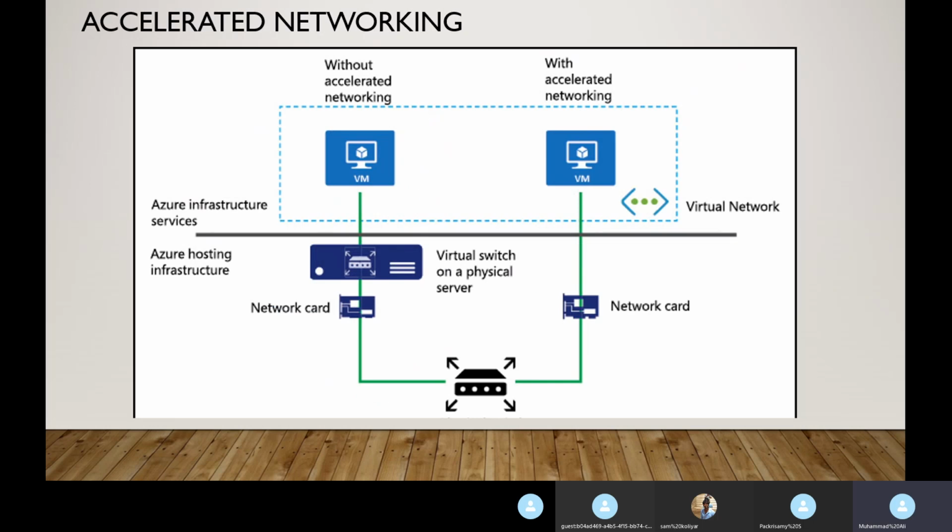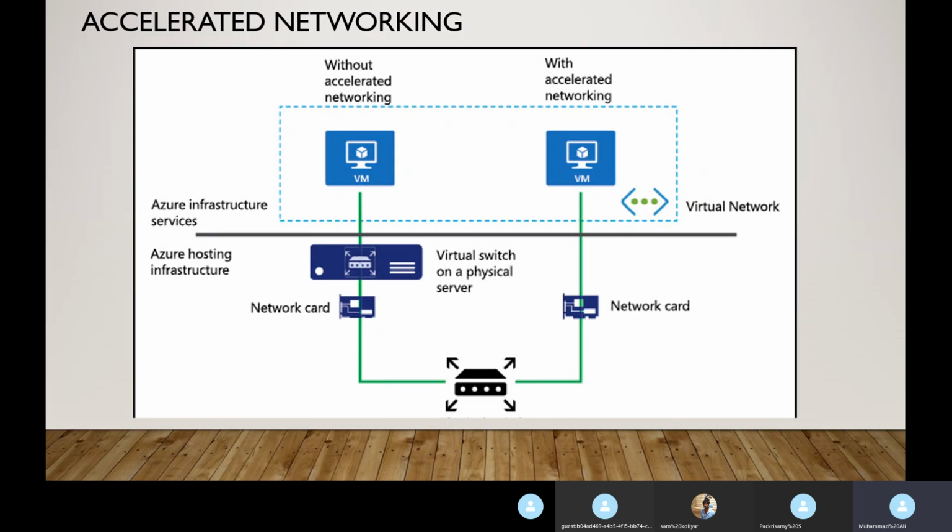So this is accelerated networking. How does accelerated networking work? Usually if you create a low level VM size, for example A series, Av2 series, you don't get accelerated networking. When you're going for high level virtual machines like D2, D3, those virtual machines have a feature called accelerated networking. What is accelerated networking?